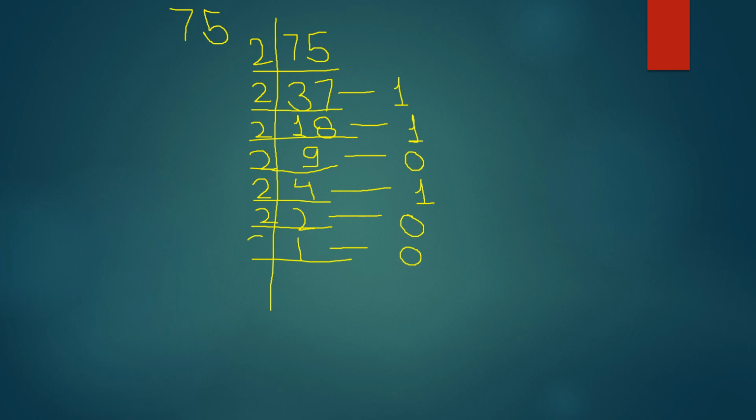Then finally for the last time dividing it by 2, we get the result 0 and the remainder 1. So this is our binary number, and we need to travel from down to up like this. So our binary number is 1 0 0 1 0